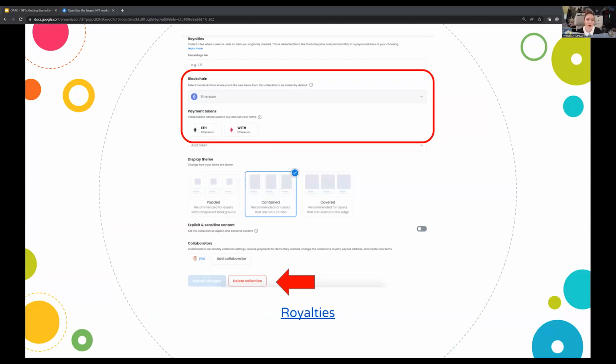And through the collection editor, we can also make sure to add royalties to our items so that we are making passive income on future sales. So that's what's really important here in terms of setting up our collection, first and foremost. And I'll show you how to add that in a minute, but I'm including more info on that in the notes, and I'll copy and paste that into the chat so everyone can take a look if you're interested.